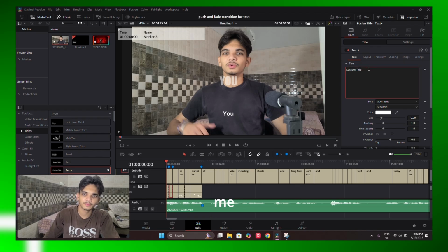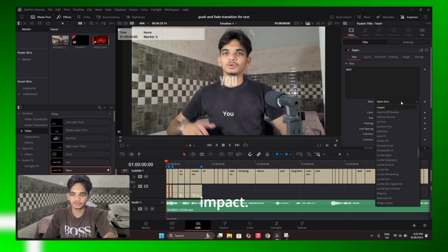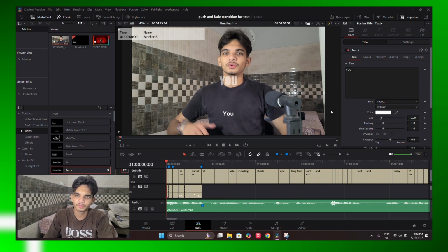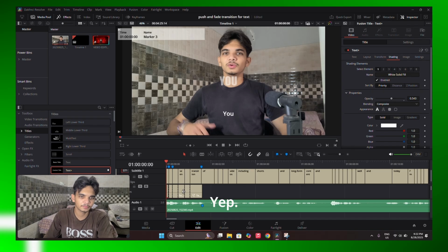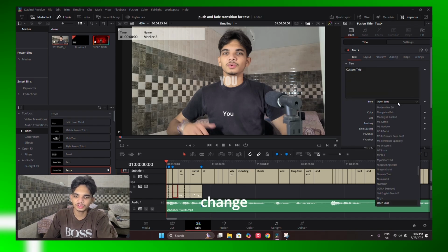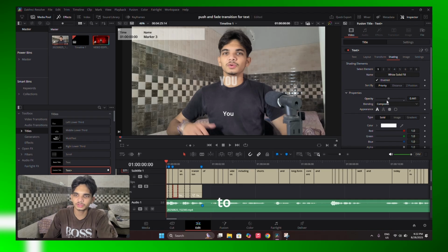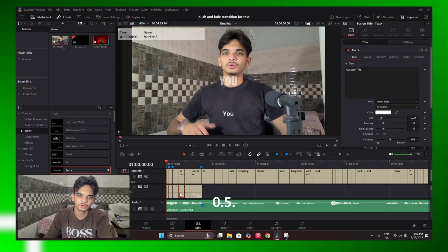Next we have me. Change the font to Impact. Go to shading, drag the opacity to 0.5, around 0.5 I would say. Yep. Then again change the font to Impact, shading, and then opacity to 0.5.